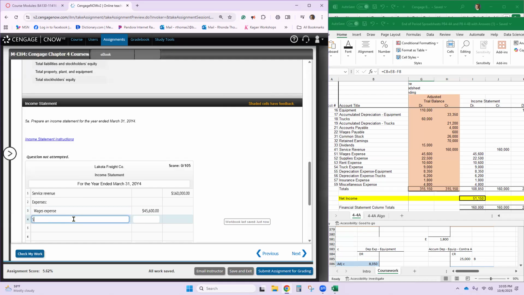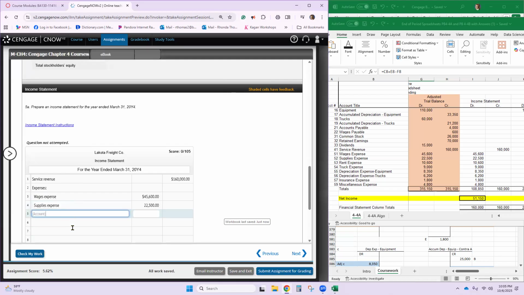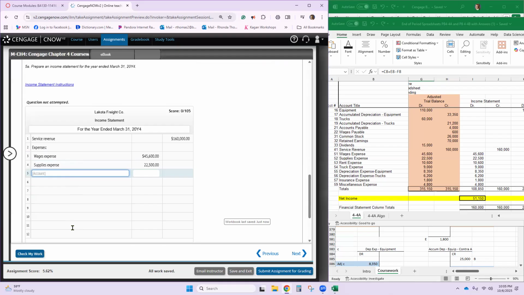Supplies expense 22,500. Rent expense 10,600. Truck expense, depreciation expense, equipment.